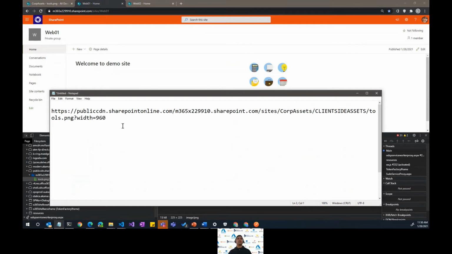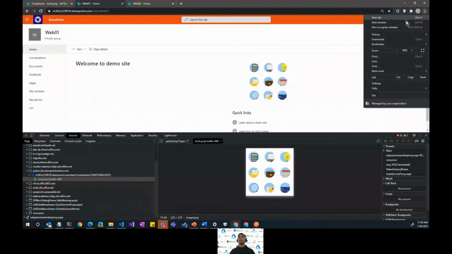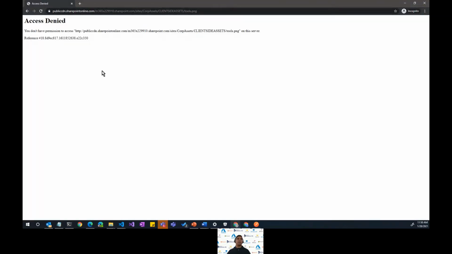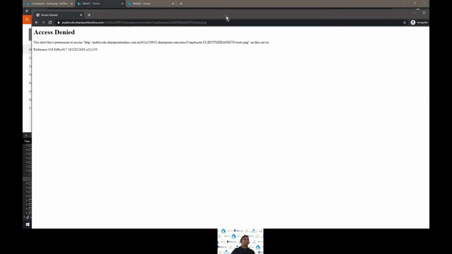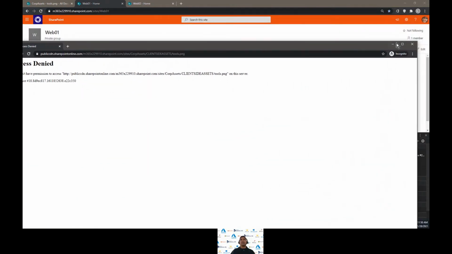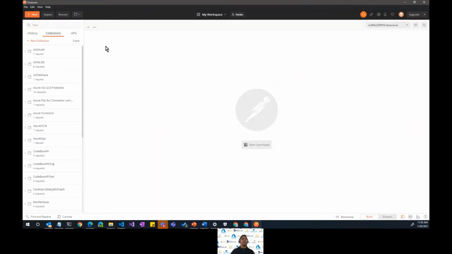So that's a URL. Now, as I mentioned, the assets from the public CDNs are anonymous. Let's see if we access this in a private window here. I do get an access denied. Why is that? If it's anonymous, it should be accessible from anywhere, right? But it is not. They do have some level of security mechanism where the assets will be served from. The mechanism is very simple.